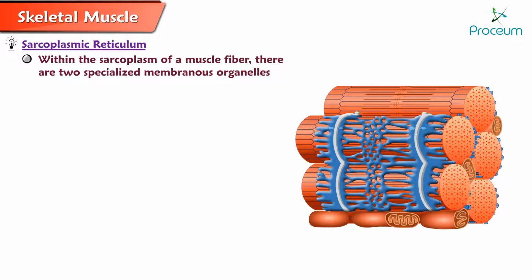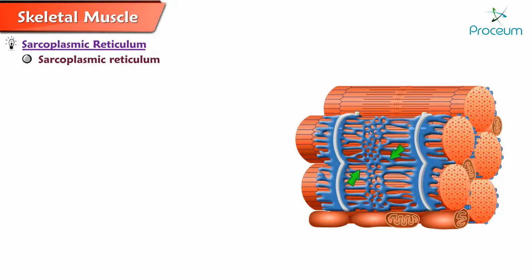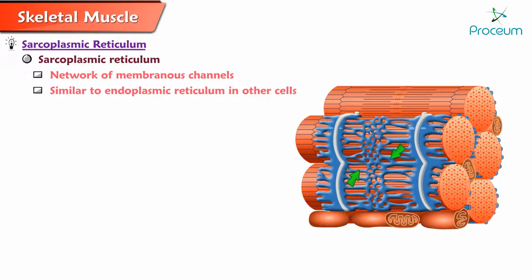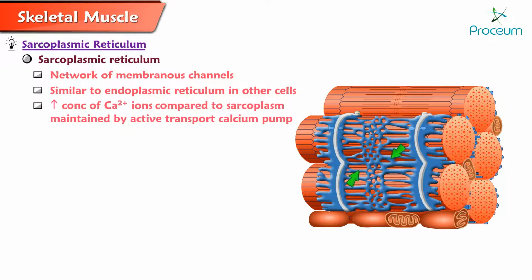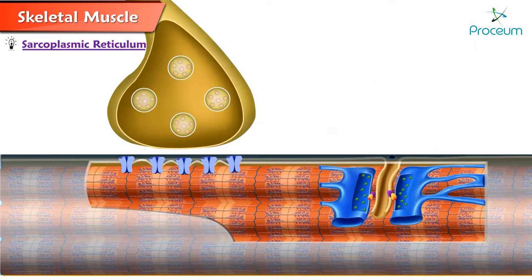Within the sarcoplasm of a muscle fiber, there are two specialized membranous organelles. Sarcoplasmic reticulum. It is a network of membranous channels that surrounds each myofibril and runs parallel to it. It is the same as endoplasmic reticulum in other cells. Sarcoplasmic reticulum has a high concentration of calcium ions compared to the sarcoplasm, which is maintained by active transport calcium pump. When stimulated by muscle impulse, membranes become more permeable to calcium ions and calcium diffuses out of the sarcoplasmic